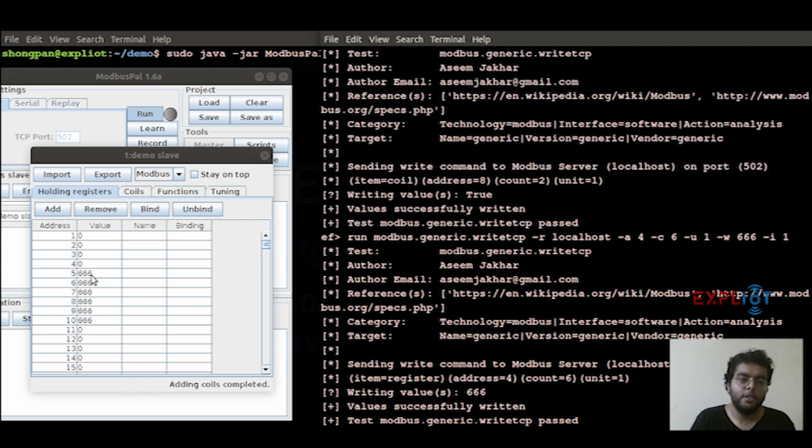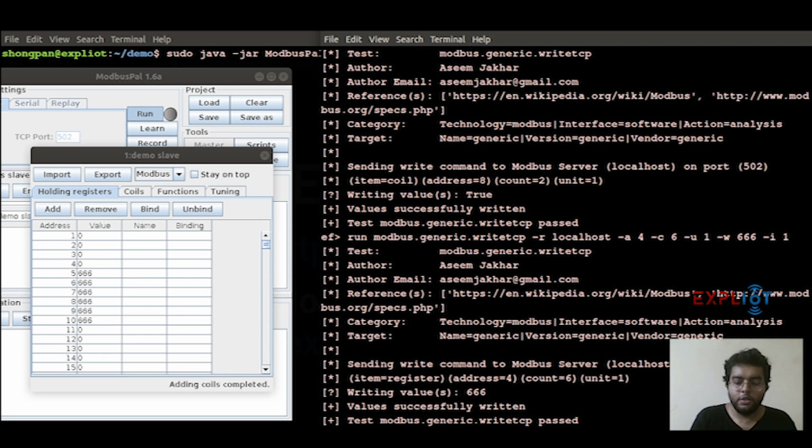Hit enter. So again, you can see it has written 6 times 6 starting from 4, even though it's displaying from 5, again because it is 1 base addressed. So our plugin has again successfully passed, and this was the plugin with plugin ID modbus.generic.write TCP for you. Alright.